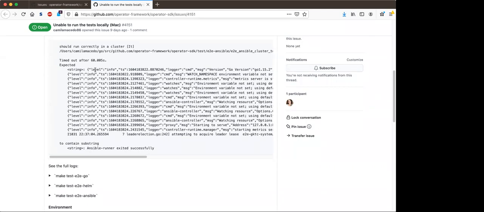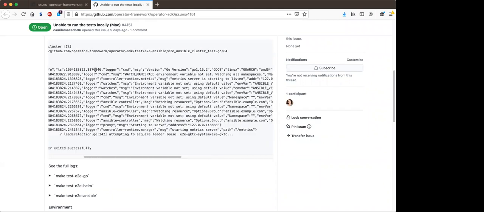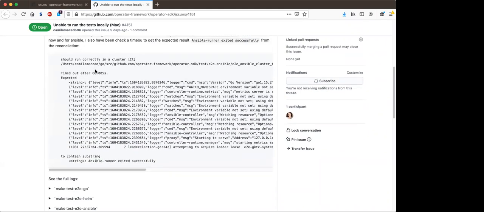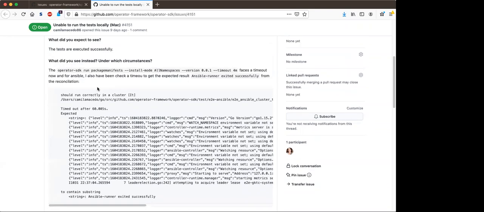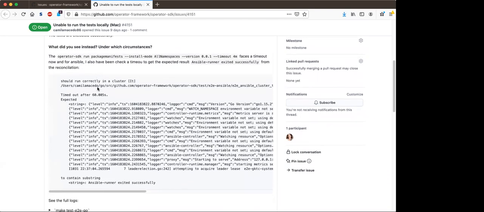Yes, for me, yes. Whenever I run the tests locally in this way, it doesn't work. Did it ever work all the way through? The package manifest never works, it always fails, no matter if I run it by IntelliJ as well.